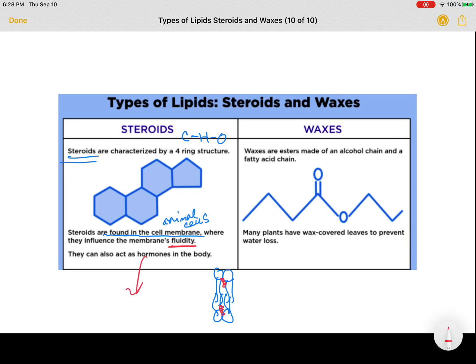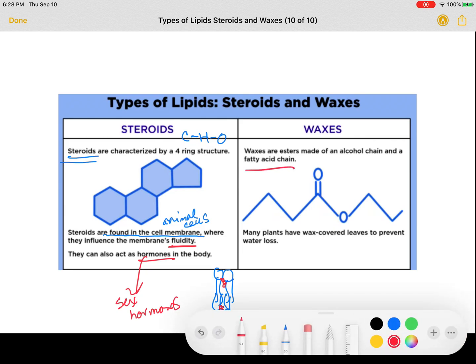And then we said they also, depending on their structure, again, it's all about the bonding and where those bonds are, and that creates these different arrangements. We said that they can be like your sex hormones. And here are just the waxes, just to show they're in a chain. It's kind of a bent chain. So y'all, that